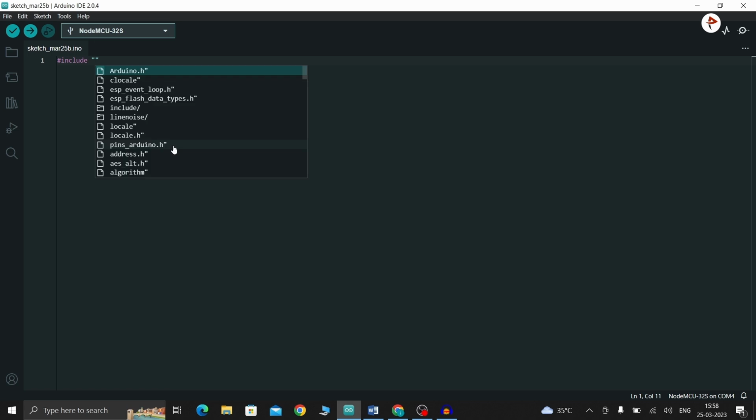First, I am going to include a library called BluetoothSerial.h. Then now what I am going to do is check if Bluetooth configurations are enabled in the serial data or not. So for that I am going to give #if not defined CONFIG_BT_ENABLED